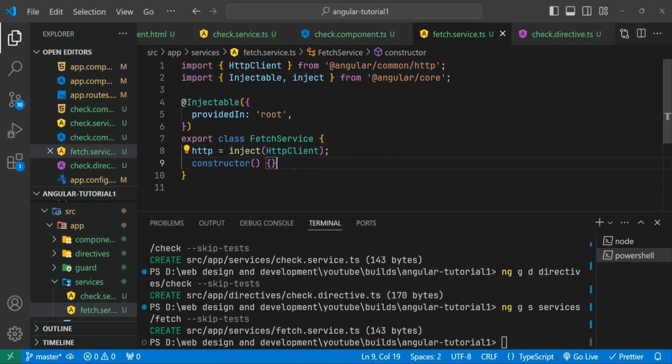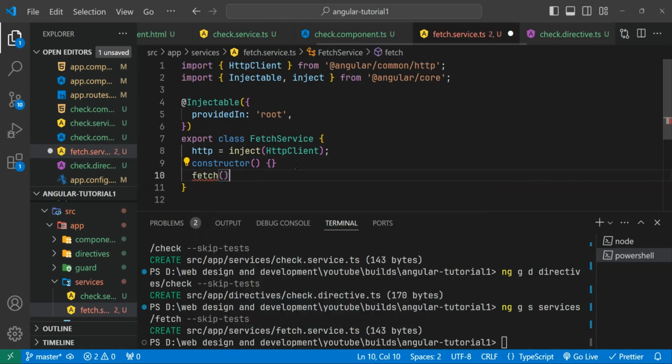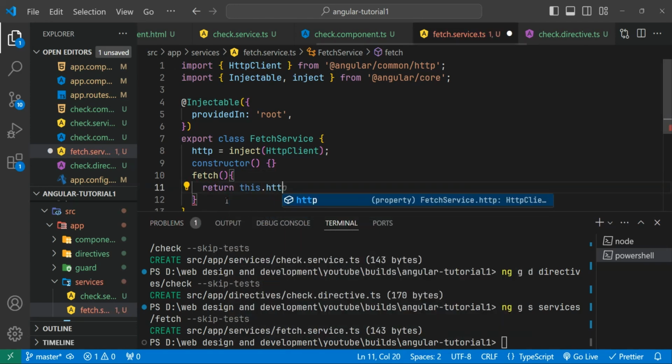So now we can add a function fetch. You can name it whatever you want, but in my case I set it to fetch, return this.http